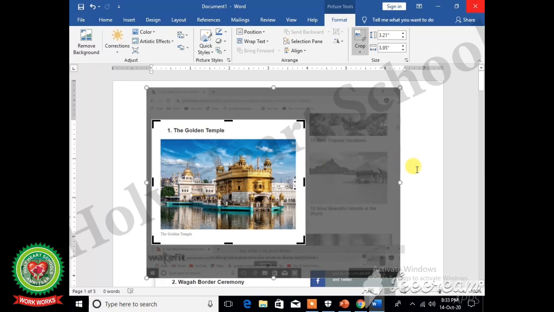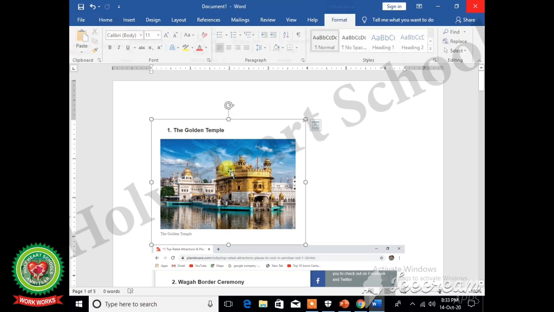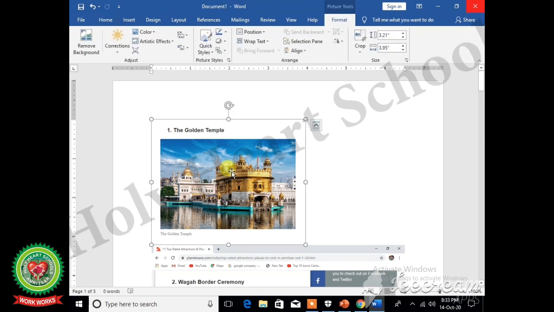And then click outside the image. And you will observe that the portion of the image which we have cropped has deleted.